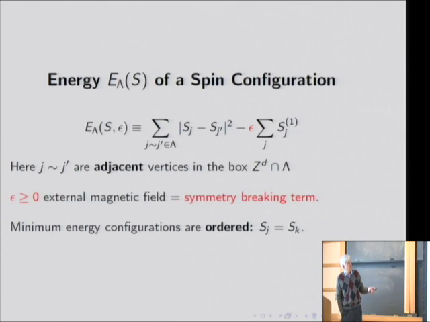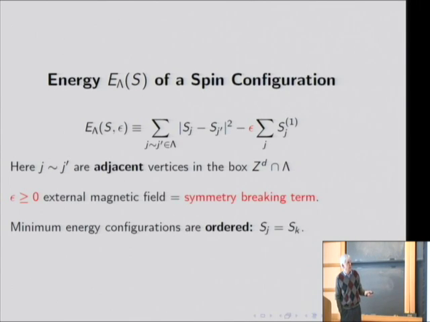Basically, this energy really only depends upon what the nearest neighbor spins are doing. Roughly speaking, you take the spin at J and its neighbor, which is adjacent. These are adjacent vertices in my box. I look at the difference and take some kind of square to get a scalar. And then here I might add an additional term which favors the one direction. This is what's called a symmetry breaking term, because this term here, which is the main term, is